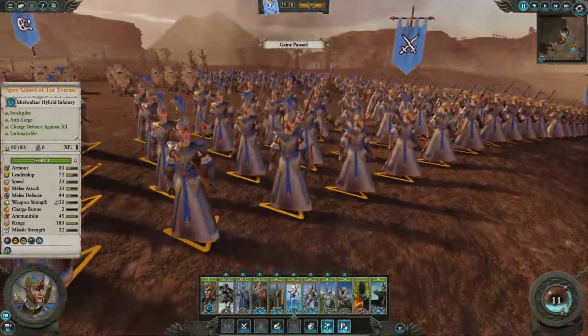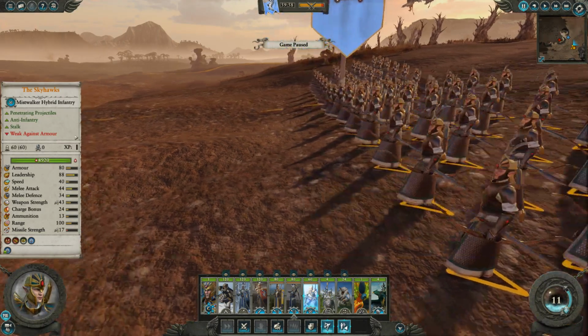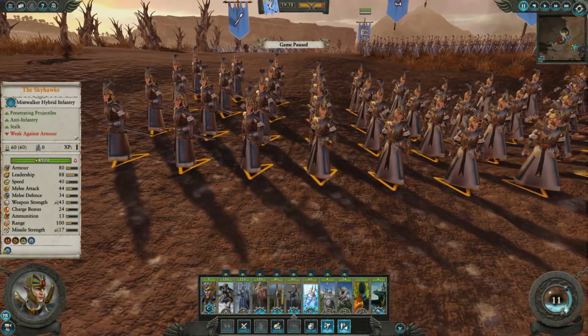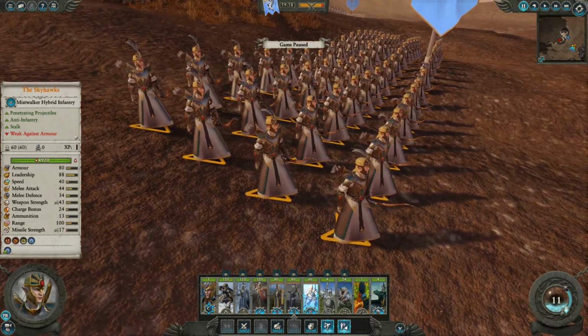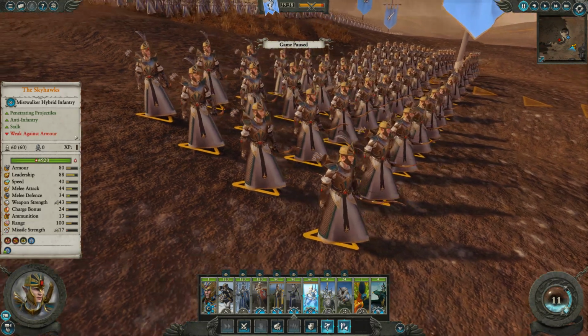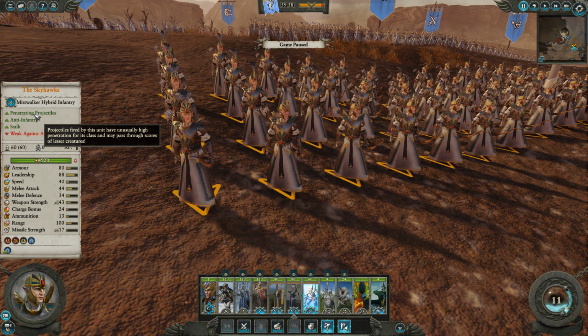He has a few decent hybrid units. We also have the Skyhawks, which are another hybrid infantry unit that also use bows, and I believe it's swords. You can't really see them, but I believe it's sword and bow. Penetrating projectiles, again, they can go through heavier armor. They're anti-infantry with a stalk trait, but they are weak against armor, which is strange because they have penetrating projectiles,